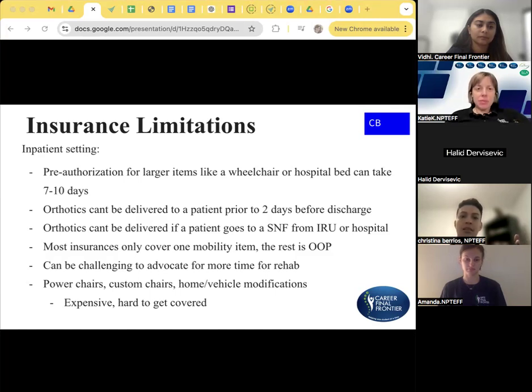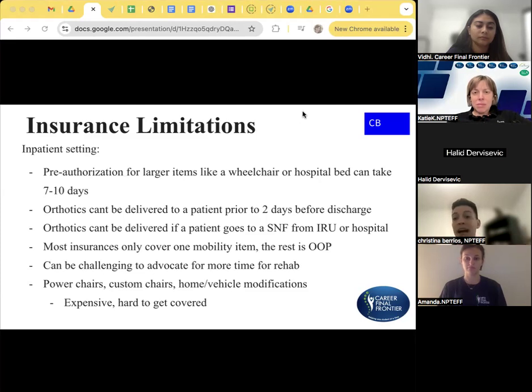And as you can see, for some of the larger items like wheelchairs, with Blue Cross Blue Shield, getting a wheelchair pre-auth takes 7 to 10 days, and weekend days don't count. Things like a hospital bed, if they need to go home with something like that. So a lot of those decisions need to be made really early on, which from a physical therapy perspective can be super frustrating, because if you have a 39-year-old patient that had a basal ganglia hemorrhagic stroke, he might be super dense on one side and has hemiparesis, but you know that with time you're going to slowly start seeing motor recovery, but you need to pre-authorize their wheelchair and their hospital bed.